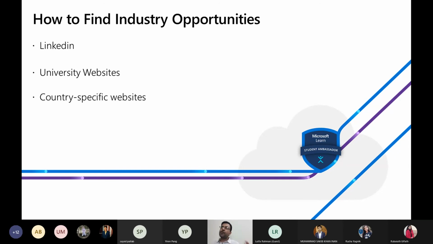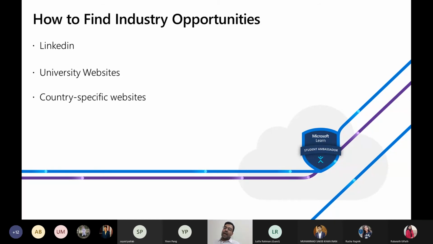All right, and then university websites are another way to find industry opportunities, because some supervisors are directly connected with industries. So if you are reading a particular faculty's profile, and you find some company names, then you can talk to that professor or directly approach that person, because this is a kind of validation that the faculty is connected with that company, so it should be valid and authentic. So you don't need to double check.